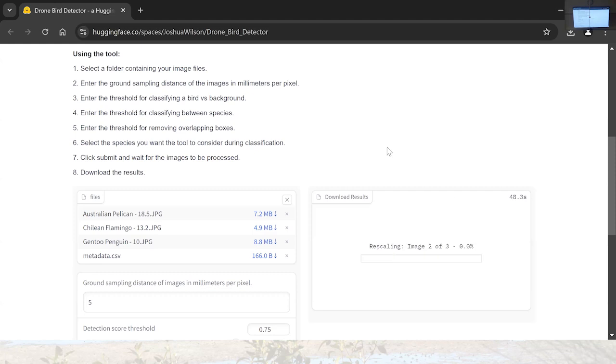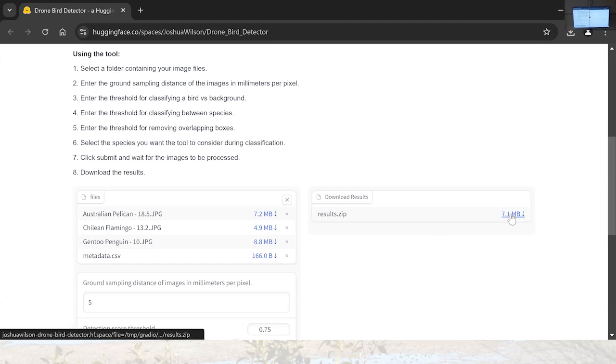What it outputs is the images with little boxes around each of the birds, just to give you an idea of the performance. It also outputs the label file that you use to train the network. So you can actually use this to label data that then feeds back into a new version of the network. I used that a bit towards the end there, and that actually sped up labeling quite a bit. And then it also outputs a CSV, which has all the information: what image it's looking at, what species of bird it is, what score that bird got, and where the bird is within that image.